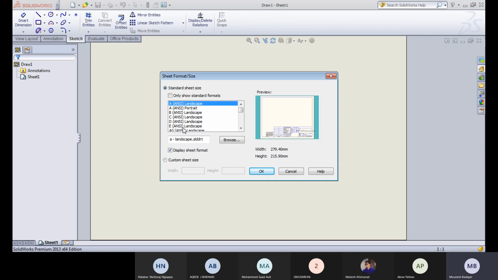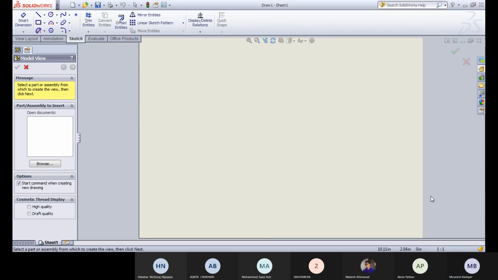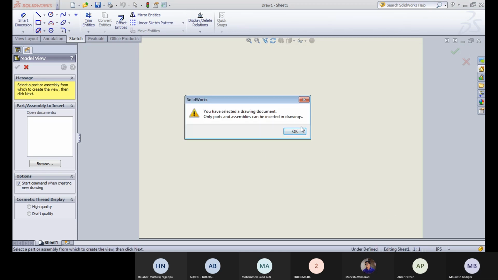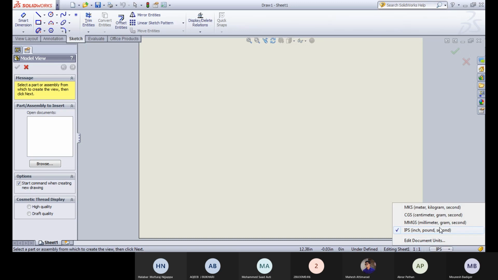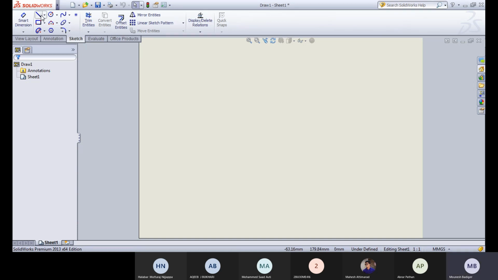Okay, here I can go to A4 ANSI landscape and tick on the display sheet format. Just click on OK, to make sure that the dimensions are all in MMGS format. Okay, now